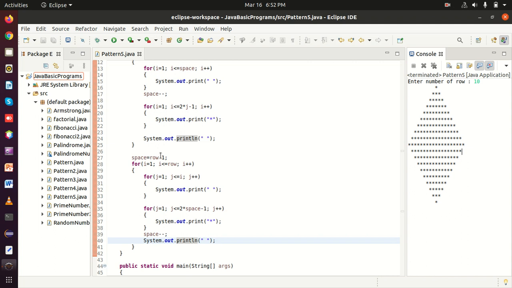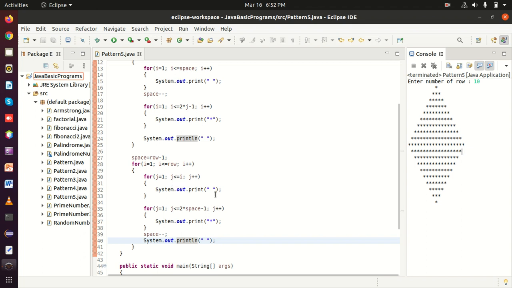i equal to 2, second row. i is less than or equal to row. Is 2 less than the value of row, 10? Yes. Condition true, it comes within the loop. Now j equal to 1, j is less than or equal to 2. Is 1 less than 2? Yes, condition true, it will print one white space.